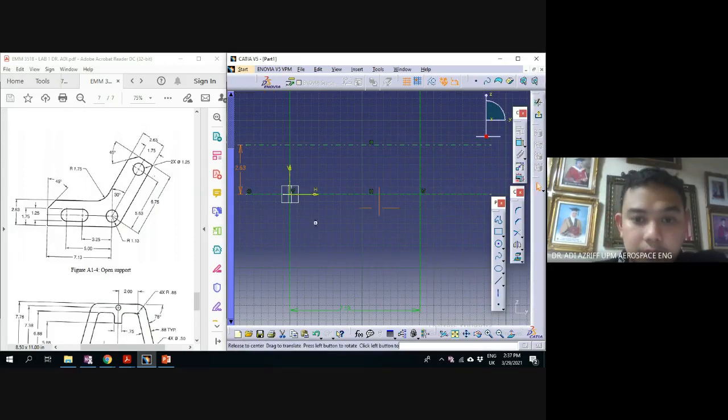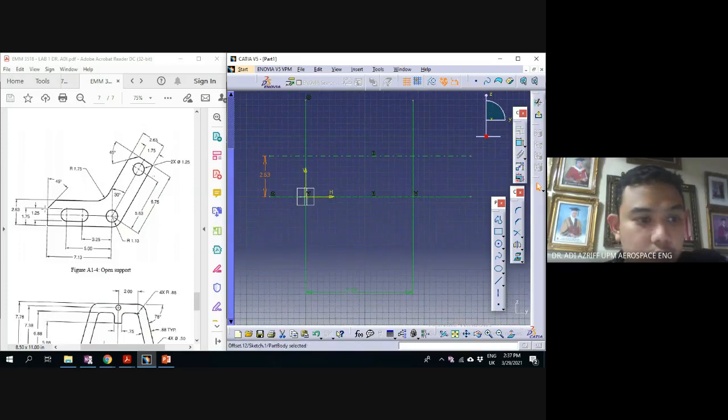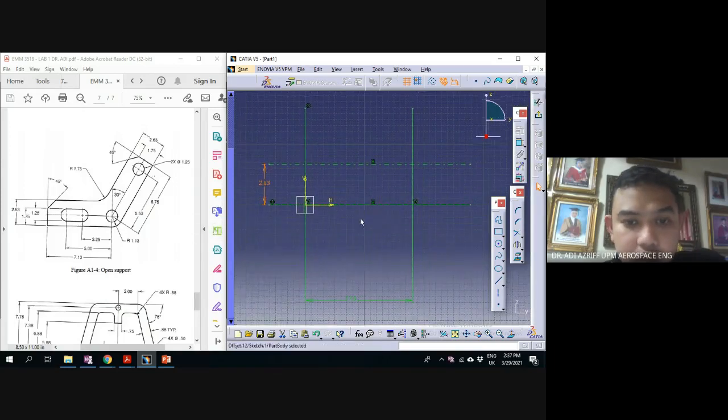So from here, we already can detect the distance here. So what you can do is